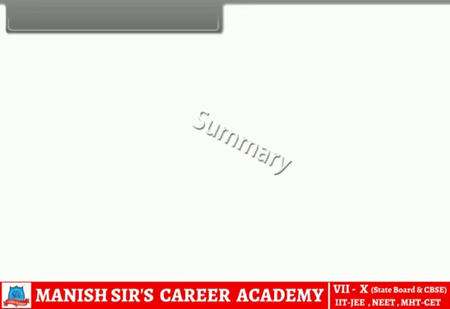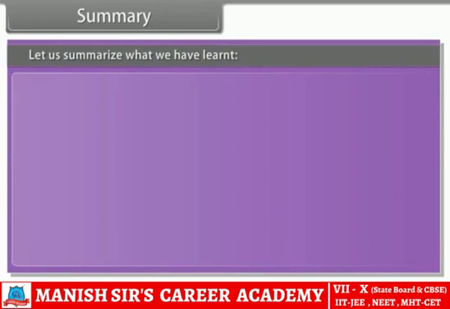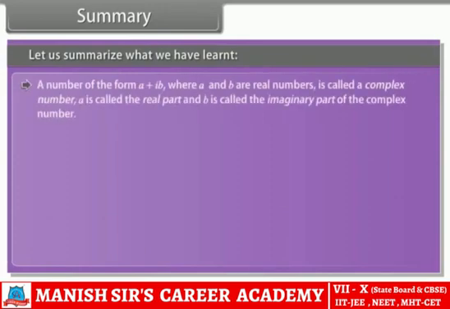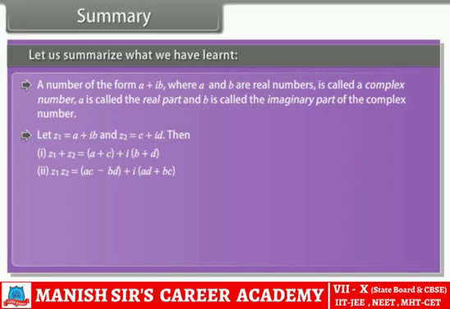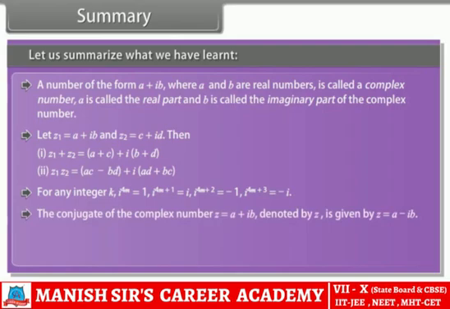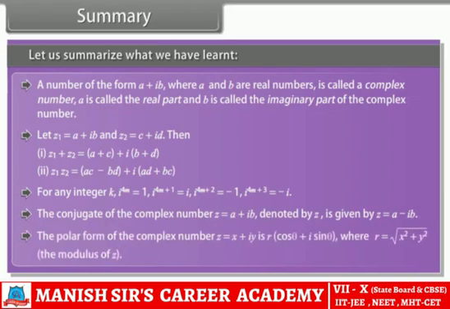Summary. Let us summarize what we have learned. A number of the form a plus b iota, where a and b are real numbers, is called a complex number. A is called the real part and b is called the imaginary part of the complex number. The conjugate of the complex number, denoted by z bar, is given by the polar form of the complex number, where